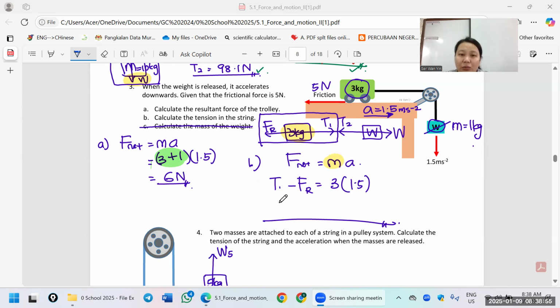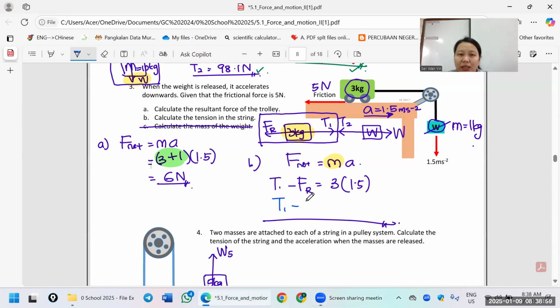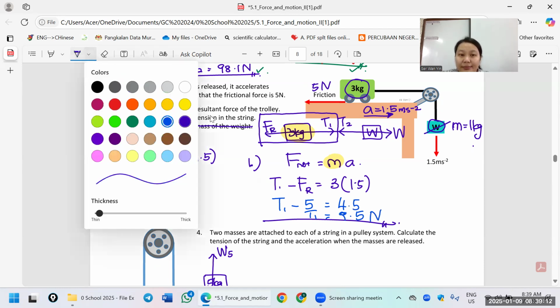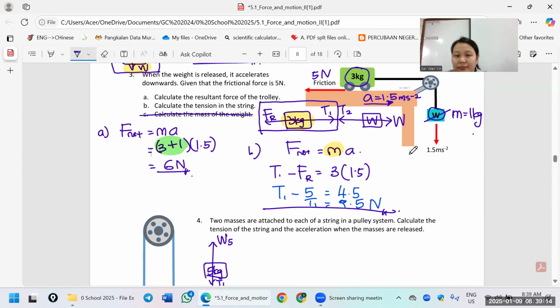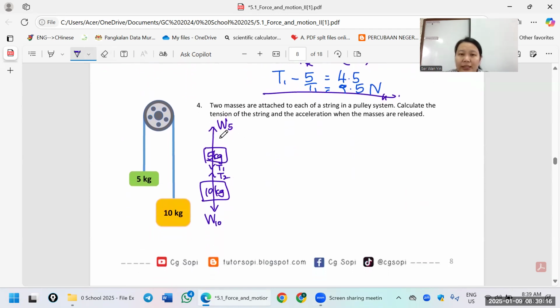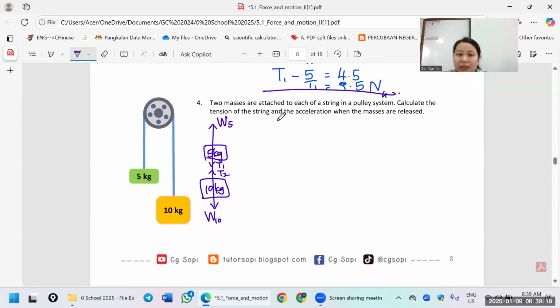Okay, so now T1 minus FR. So T1 minus FR will be 5 Newton equals to 4.5. So T1 will equal 9.5 Newton. Okay, this one, what is the tension? So the answer will be,